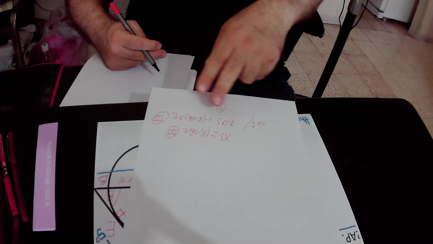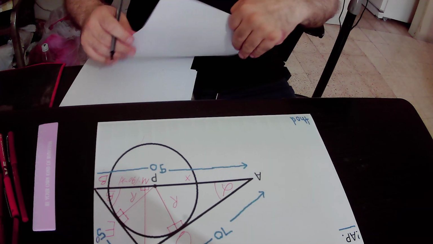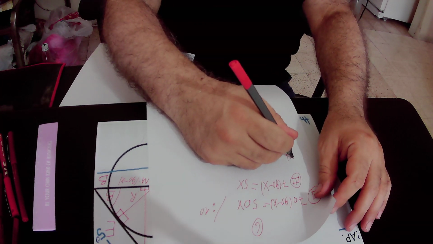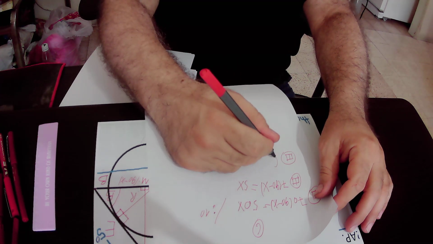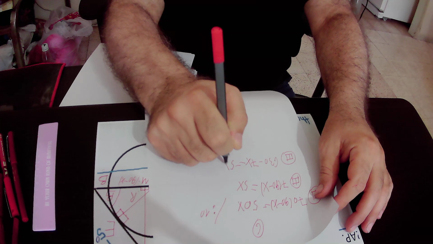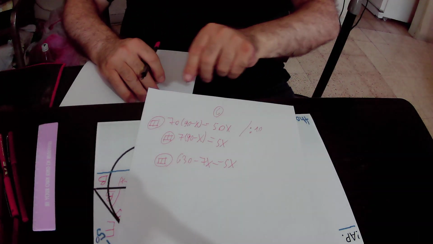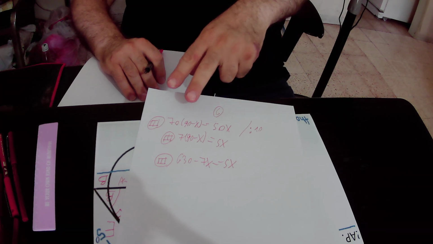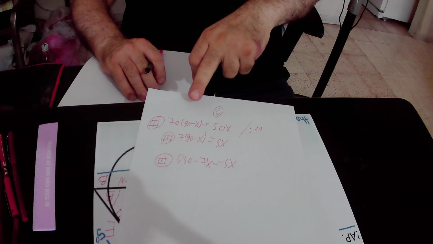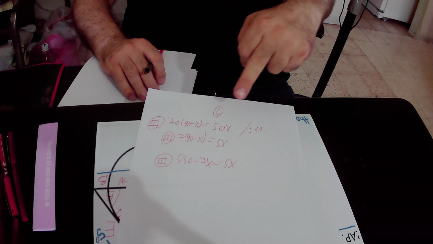Now we will open the brackets on this side of the equation. So we open the brackets here. 7 times 90 equals 630, and 7 times minus 6 equals minus 7x, and here we have 5x,